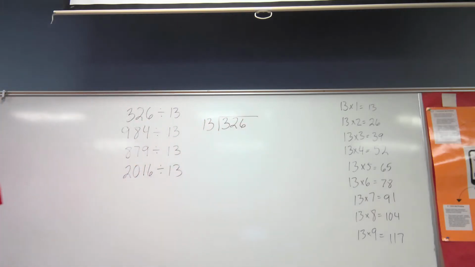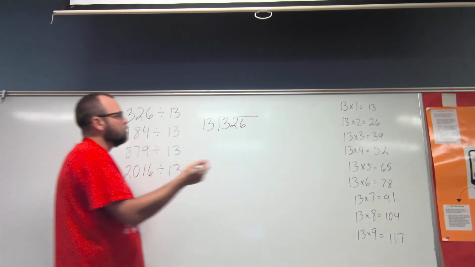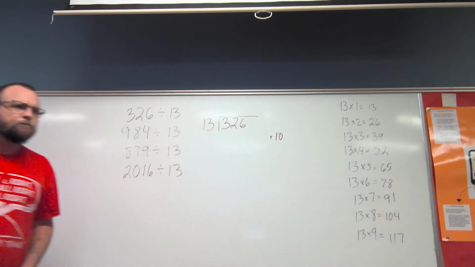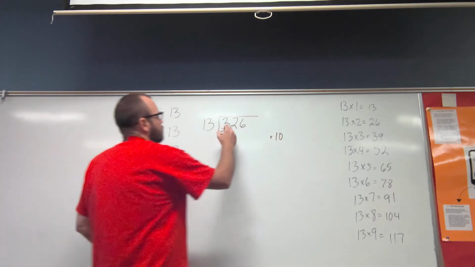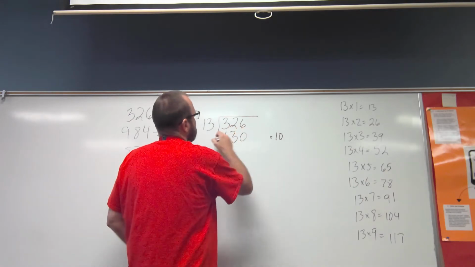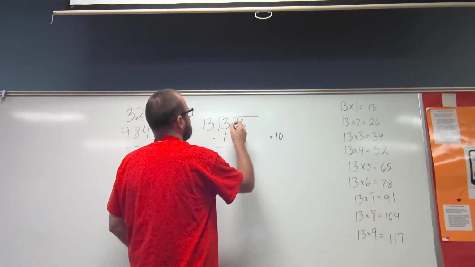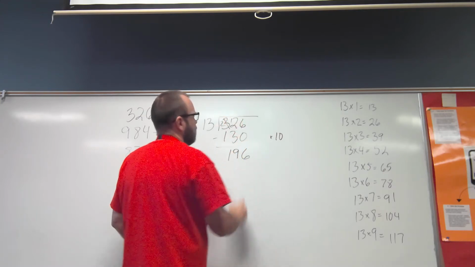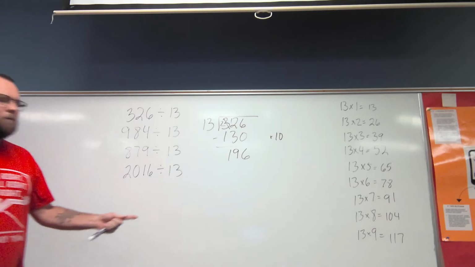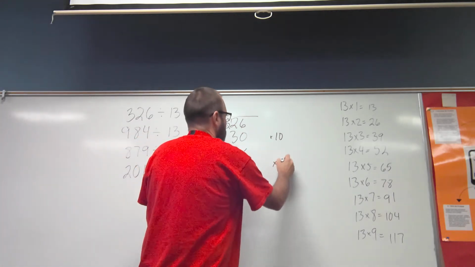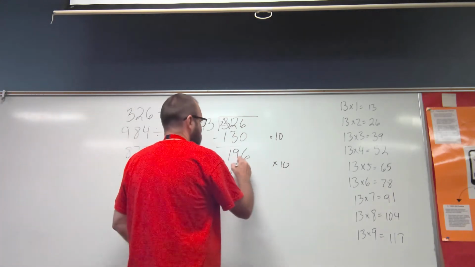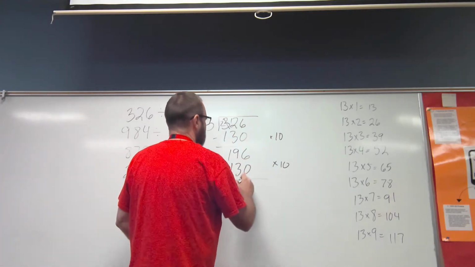Now I want to do this in my head easily, right? So if I do 13 times 10, what's 13 times 10? 130. And if I subtract that, I get 196. So can I do times 10 again? Yeah. What's 13 times 10 again? Still 130, right? Subtract, now I get